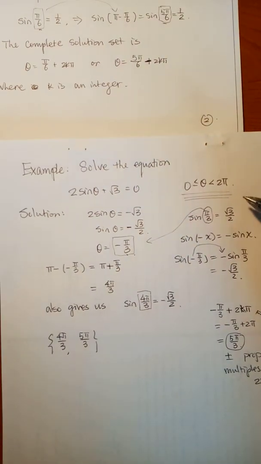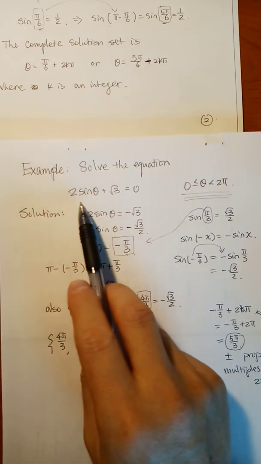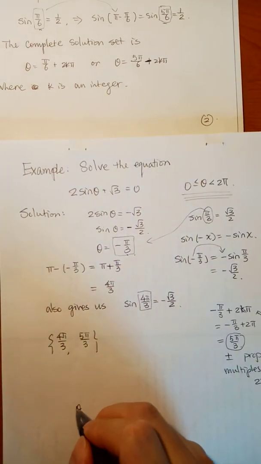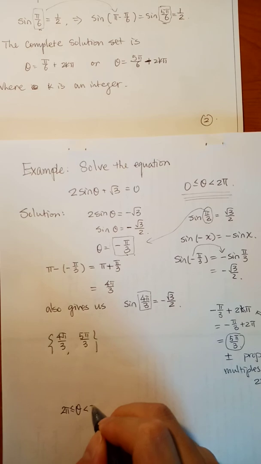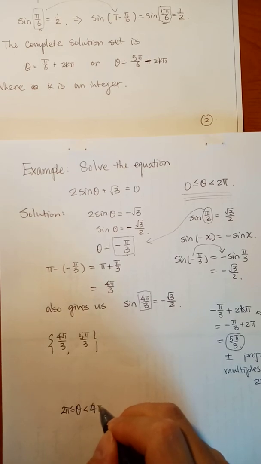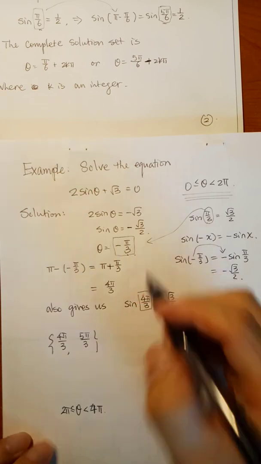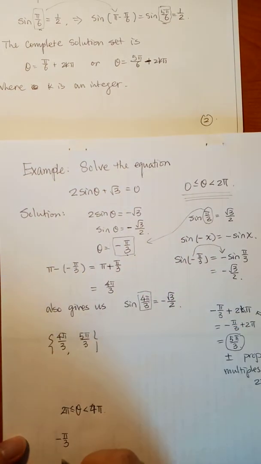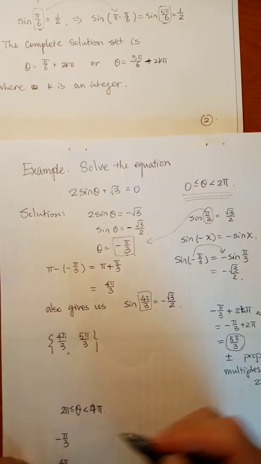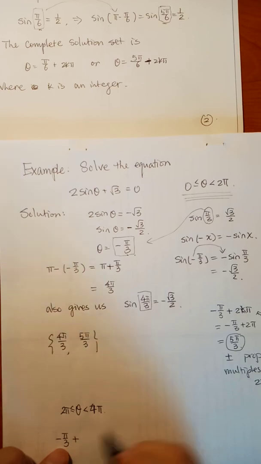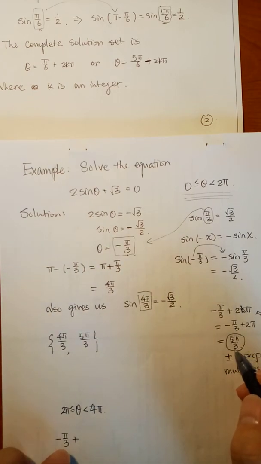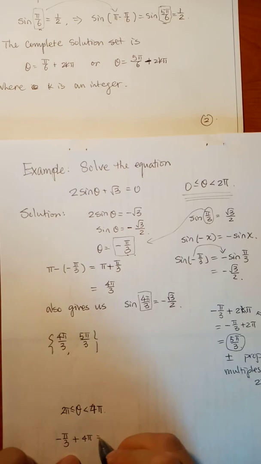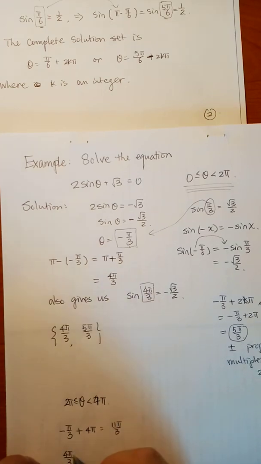So for example, let's say in this problem we have the same equation but we require theta between 2 pi and 4 pi. And we get negative pi over 3, we get 4 pi over 3. But they are both not inside this domain. Now, how do we do that? If we add 2 pi, we get 5 pi over 3. It's not enough, so we're going to add 4 pi. It's 11 pi over 3. And this is also not inside the domain, so we're going to add 2 pi. We'll get